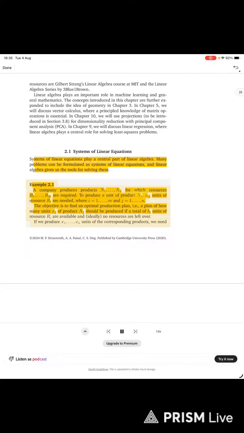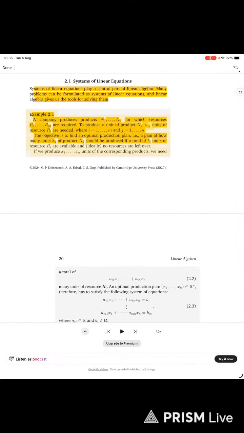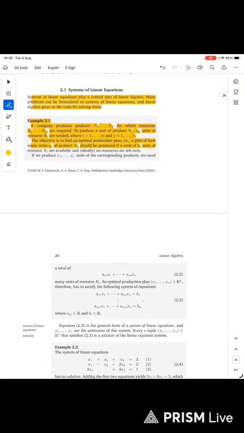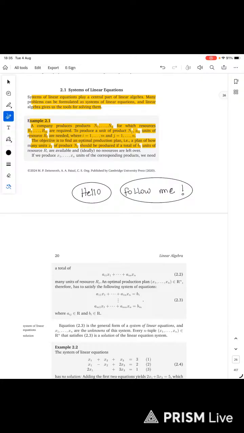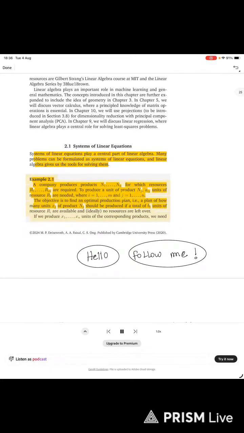To produce a unit of product Nj, aij units of resource Ri are needed, where i equals 1 to m and j equals 1 to n. The objective is